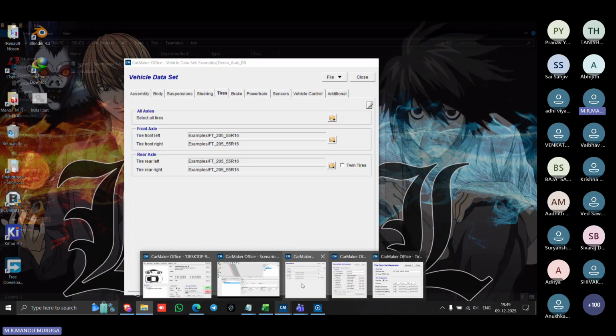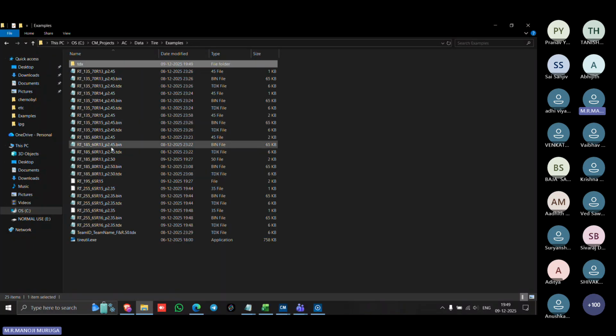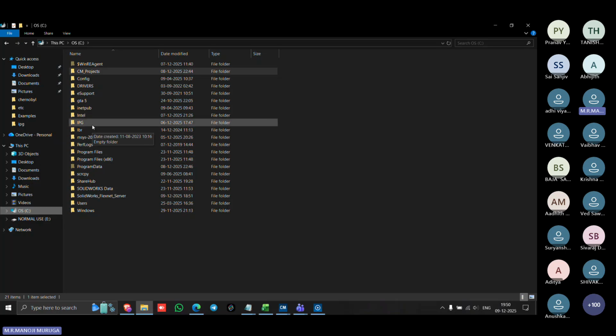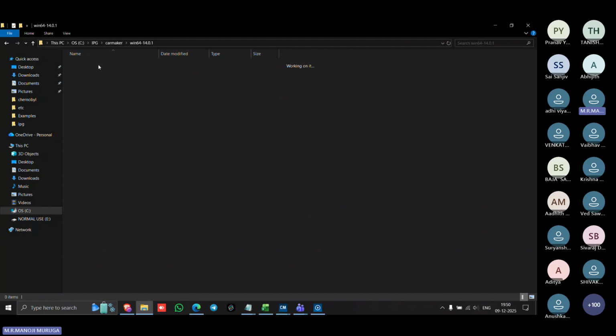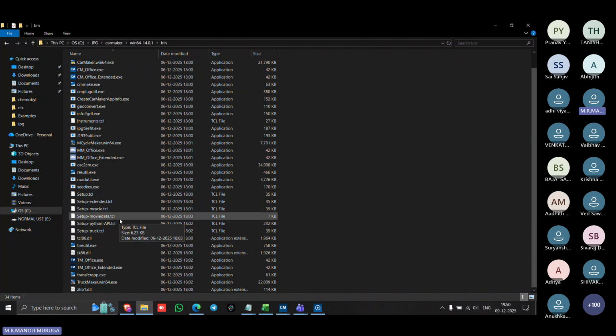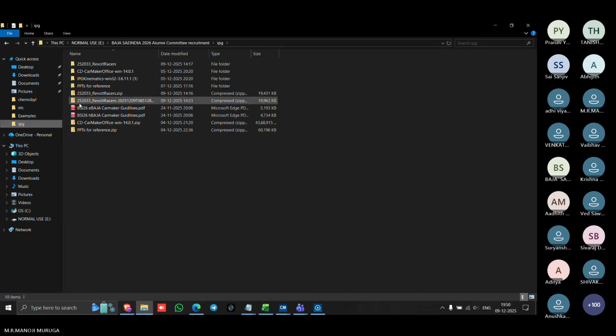Okay, so what we have to do is generate two files in total. Those two files are this bin file and this name file. For this generation, we'll use this tire utility. You can find it by going to your installation directory, IPG, Carmaker, Win, and then the bin directory. Here you will find this tire utility. Just copy it and paste it in your